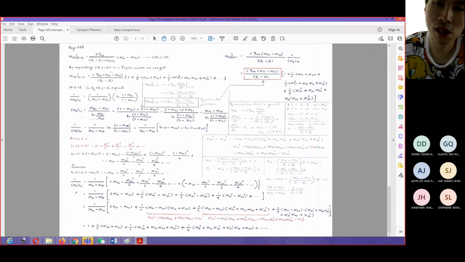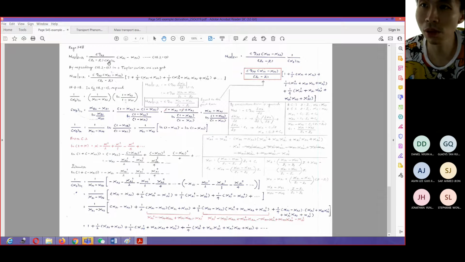We can expand this term in terms of the Taylor series. If we expand that slowly in terms of the Taylor series, what I do here is basically a little bit of mathematical manipulation. Basically I can convert this particular term, especially this XB ln, to be equal to this particular term here,